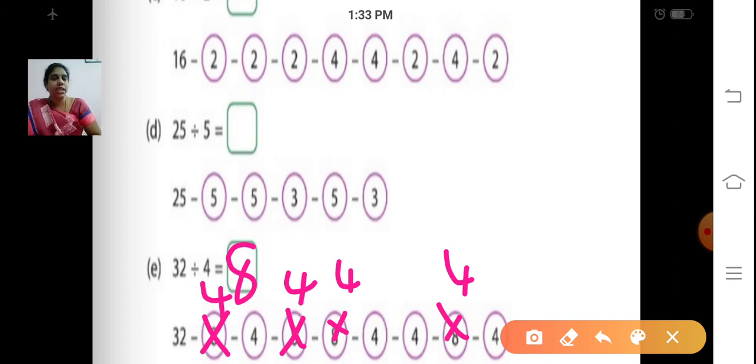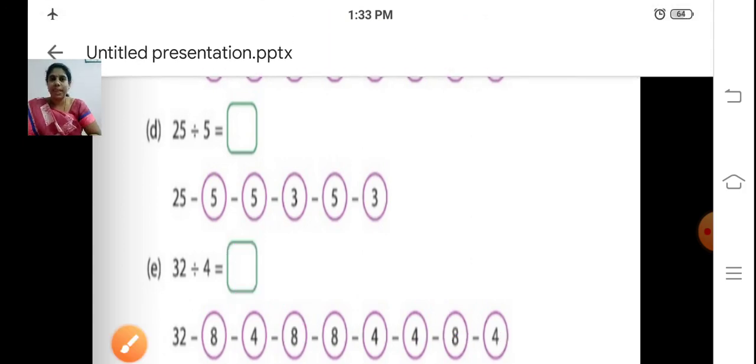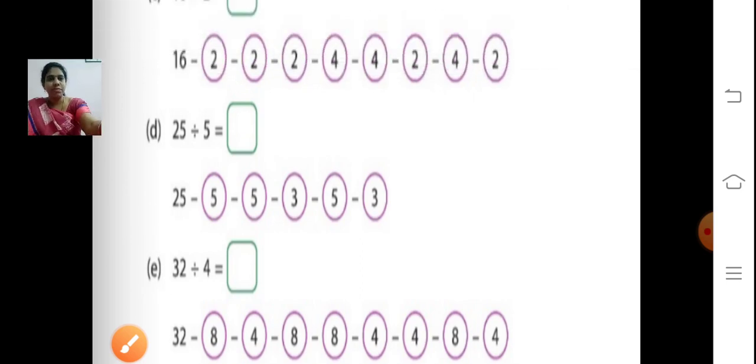We'll do the sums on repeated subtraction in the next classes. So just correct the mistakes, whatever mistakes are there in the sum, just that alone you correct, and count how many times they have subtracted and write the answer there. We'll do the sums on that in the later classes. Okay children? So you know how to do repeated subtraction, right? Just practice the sums well, the remaining sums we'll do in the next class. Thank you children.